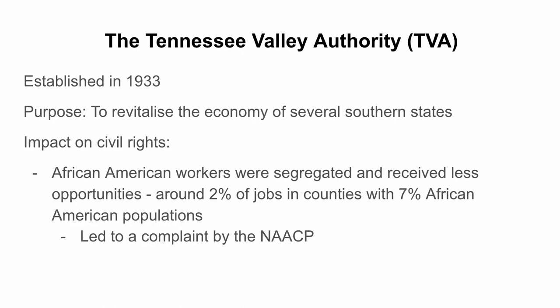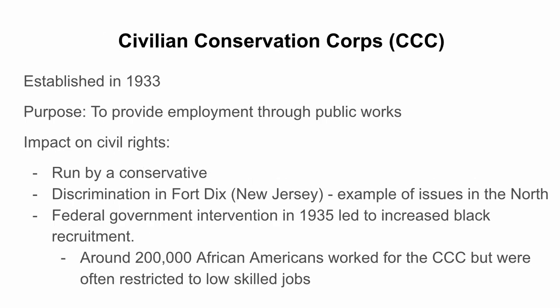I think a broader point to make about the New Deal is the discrimination on a local level, and thinking about the context. For example, in the southern states, Jim Crow existed and African Americans faced widespread discrimination and segregation. So we can see that the alphabet agencies, although they are federal, on a local level that discrimination is still there, if that makes sense.